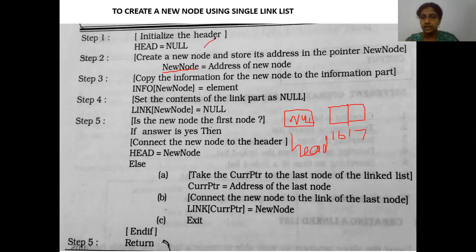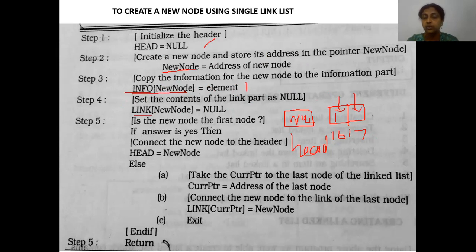That is the first step. The second step: we need address of the new node equal to address of the new node. So what is the address? 167 will be stored in new node. Next, whatever data we want to store, you have to store. This is called the info part and this is called the link part as per this algorithm. Info part means information, the data part, and this is called the link part. So info part of new node equal to element, means whatever data you want to store has to be stored. I want to store a value 1, so that will go and be stored in info of new node.